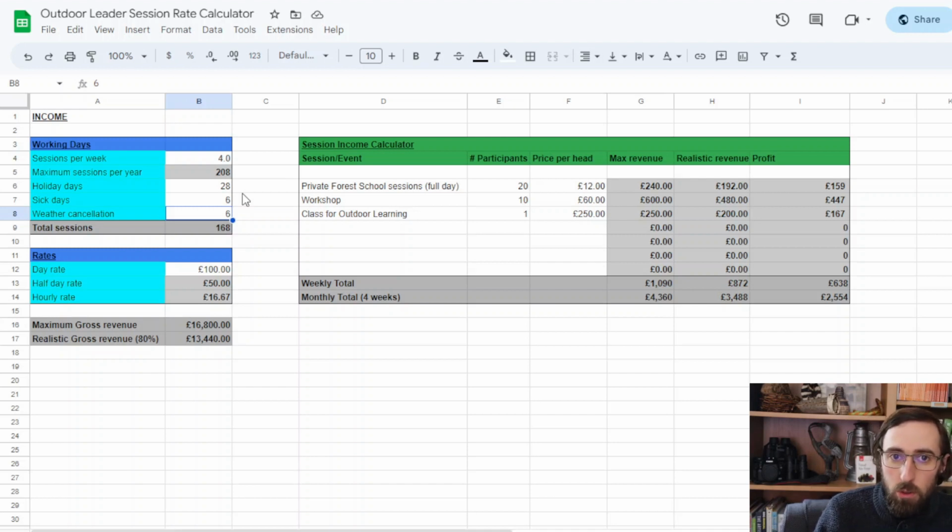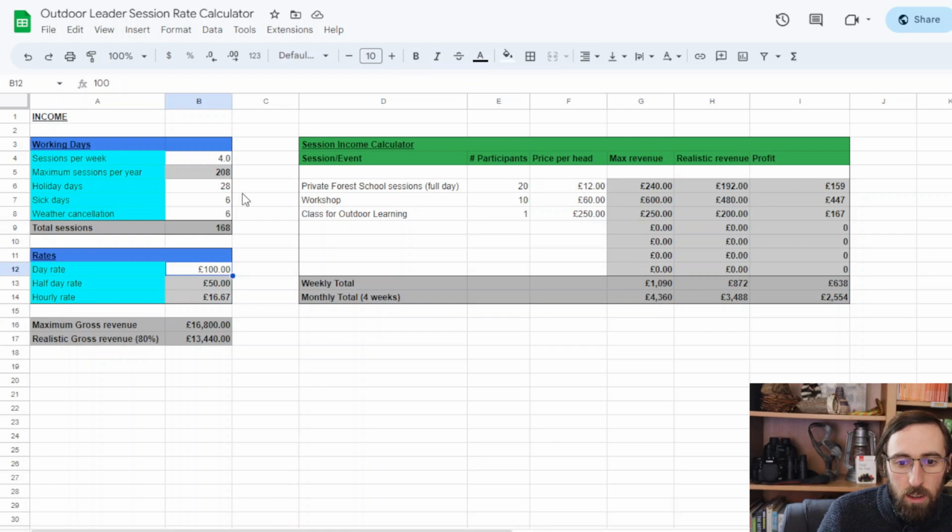Even if you're in a school and you're just doing indoor sessions, there are school holidays, lots of work. So that gives us a total number of sessions that we can expect to run in a year. So about 168 sessions, 4 sessions per week, get 3.5 weeks holiday, sorry, not 2.5. There you go. So then we can work our way down to our day rates, and we can start having a look at, we set our day rates.